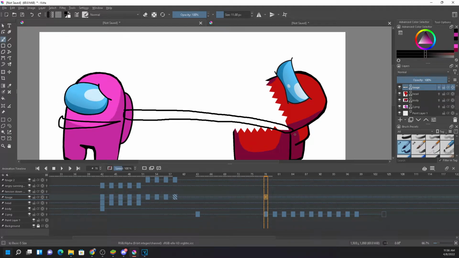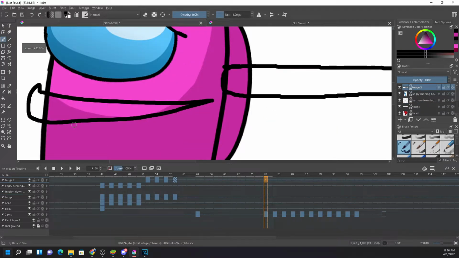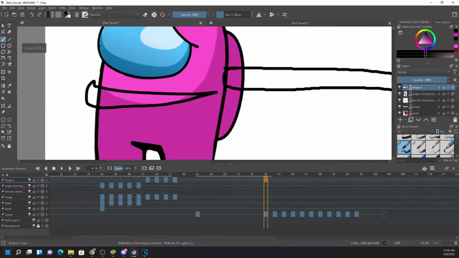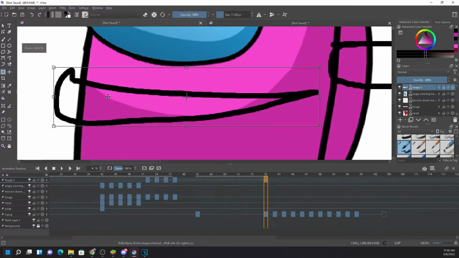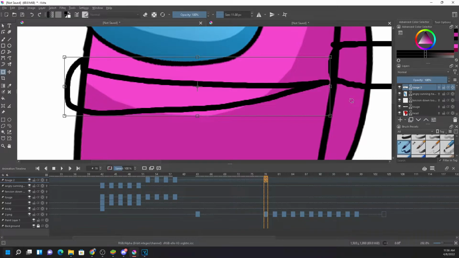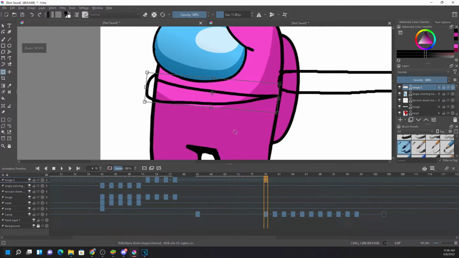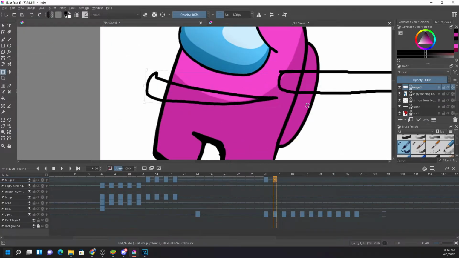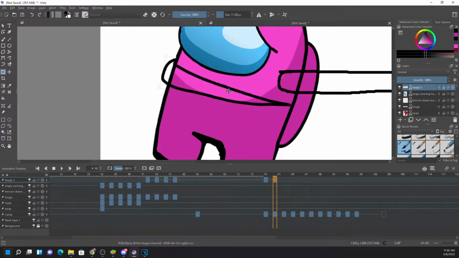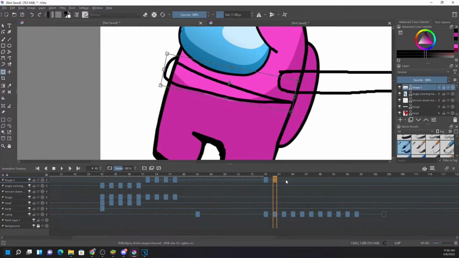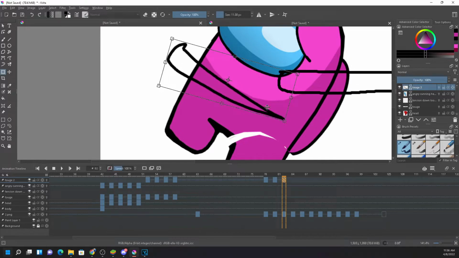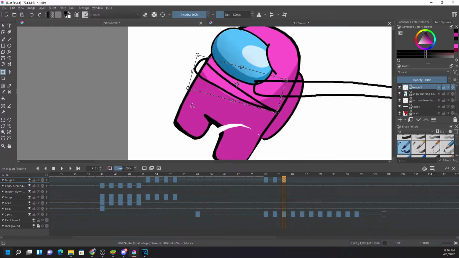So first, there's no need to change the size of this character. I just want to select this one and hold it like this, not changing any size. It's better.